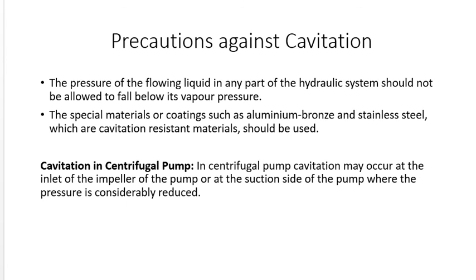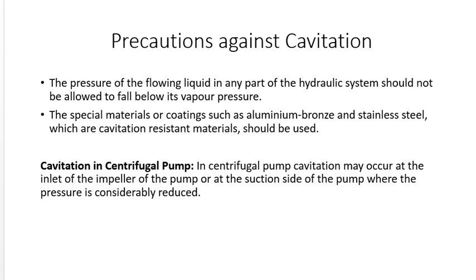Cavitation occurs at the place where the pressure is very low. Hence, if the pressure at the suction side of the pump drops below the vapor pressure of the liquid, cavitation may occur. Cavitation in a pump can be noted by a sudden drop in efficiency and head. So, in order to determine the cavitation,